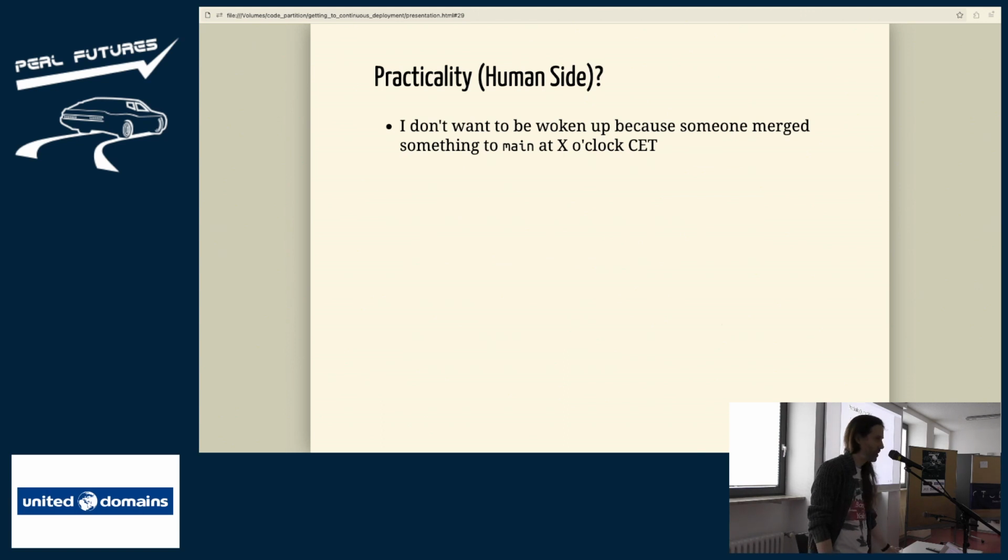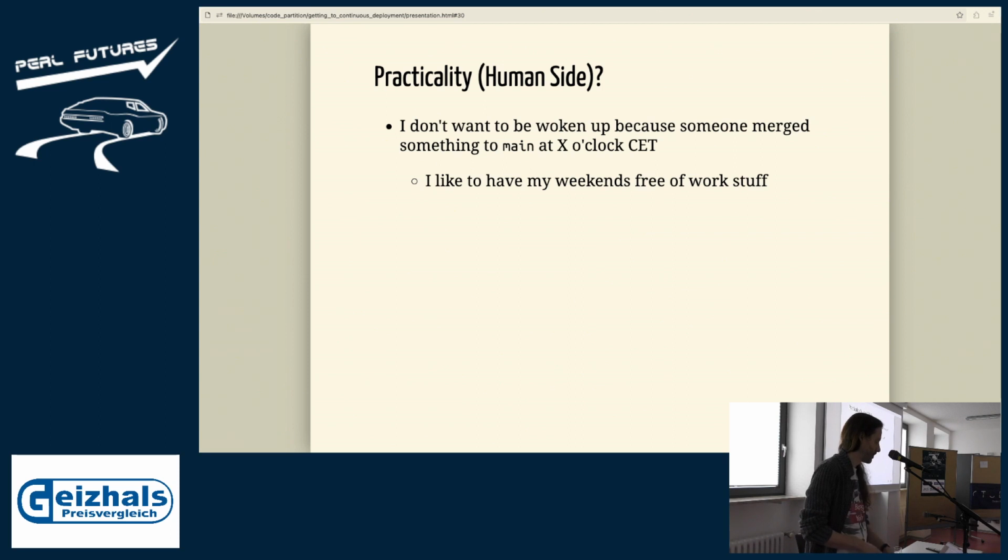I don't want to be woken up at X o'clock in the morning because somebody has merged something into main because they couldn't sleep and they had something on their mind, and it's like, oh, I can fix this now. And obviously, I like to have my weekends free of work stuff. Friday evening counts as part of my weekend,